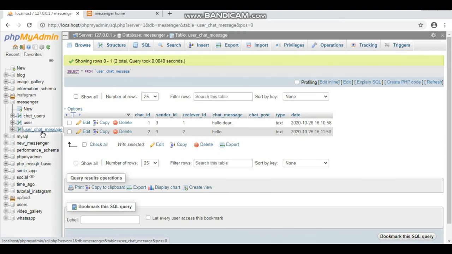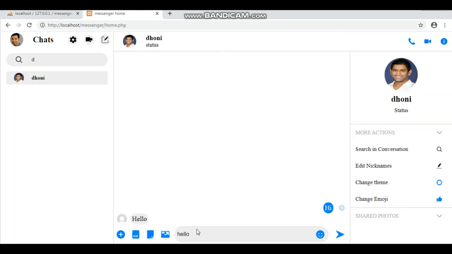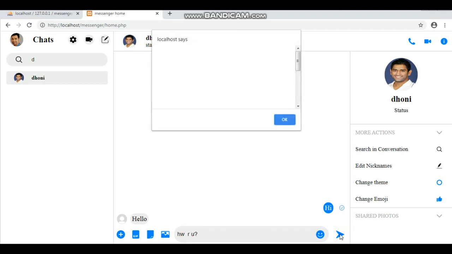Here inserted chat message hello, sender ID 3, receiver ID 2, and also send the message, type the message just how are you, and then click the send icon.